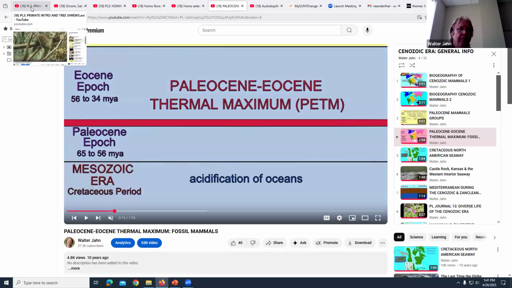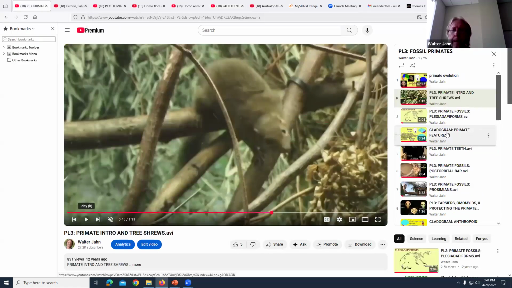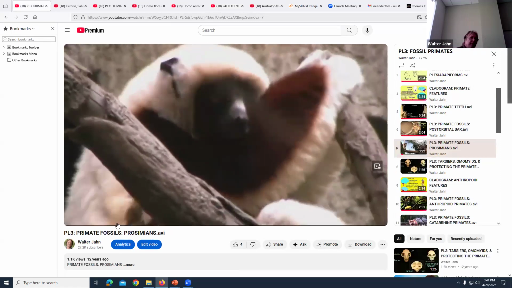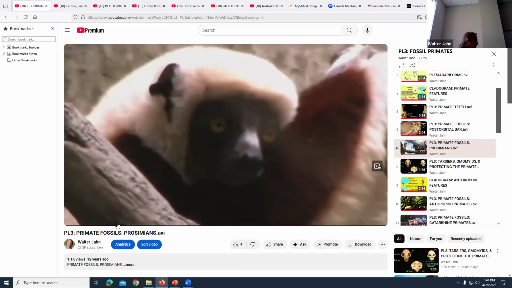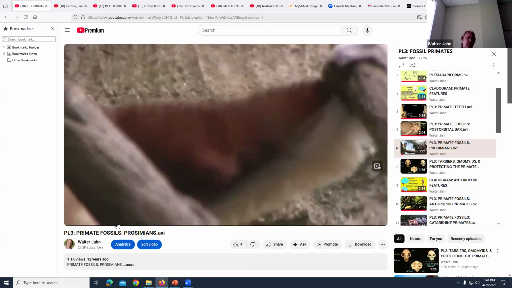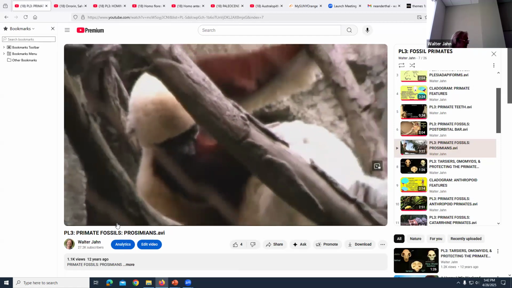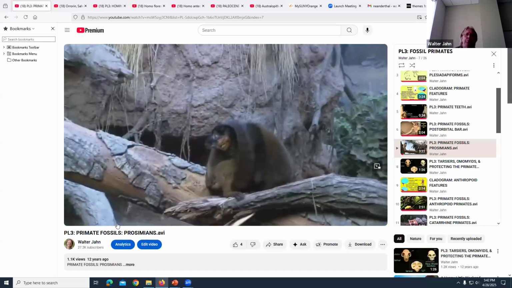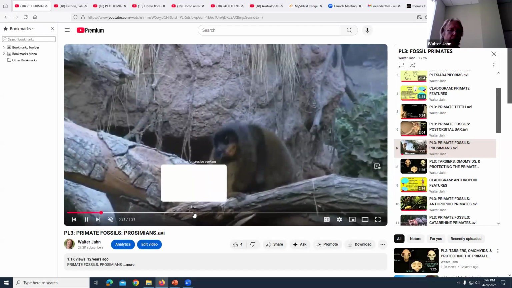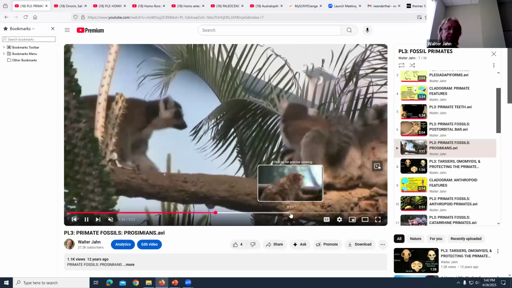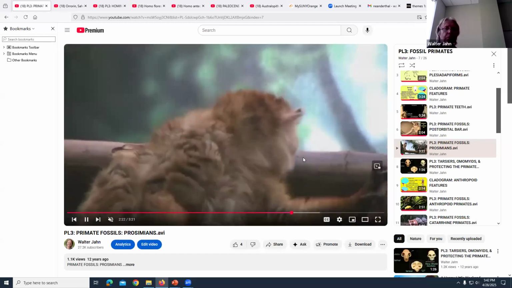Anyway, we jump back to primates because by the early Eocene, we have primates. And the primates would not have been monkeys, they would not have been apes, and they certainly wouldn't have been humans. They would have been similar to the lemurs that we see in Madagascar today. Also, there's a couple other ones alive today. There's an aye-aye, there's a potto. There's a couple of these primitive primates which we see today, which we call prosimians. They were once distributed all throughout the world,